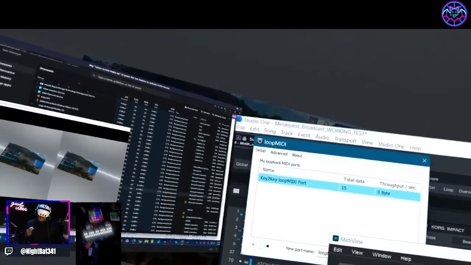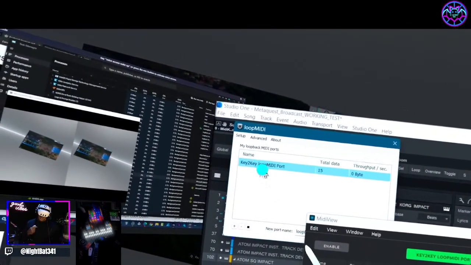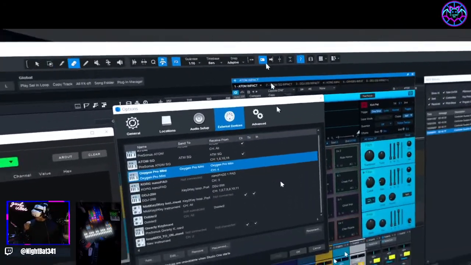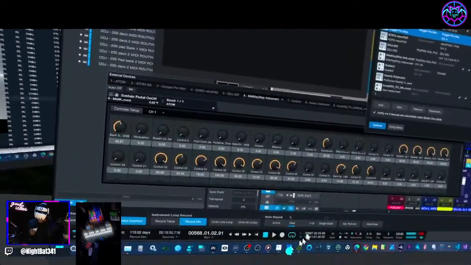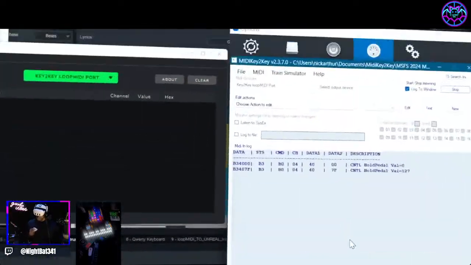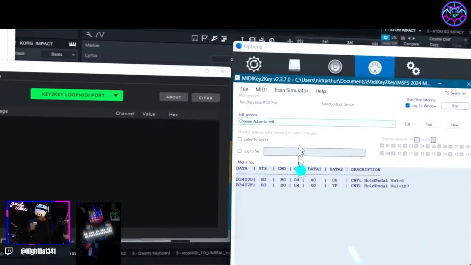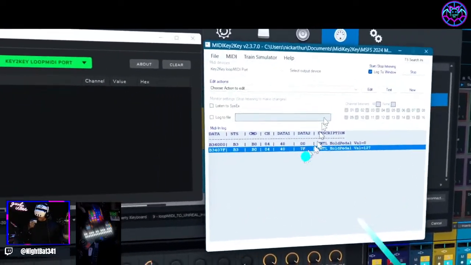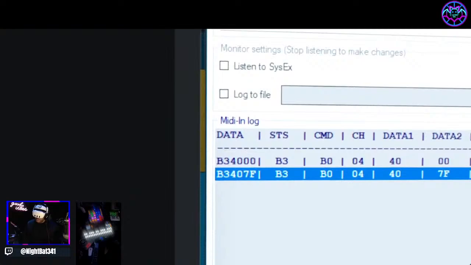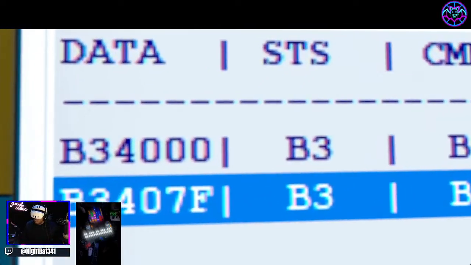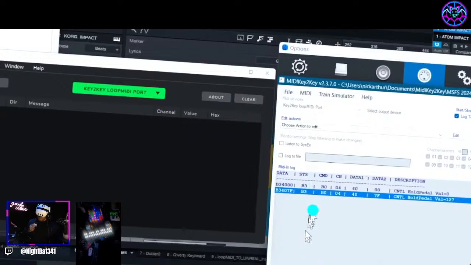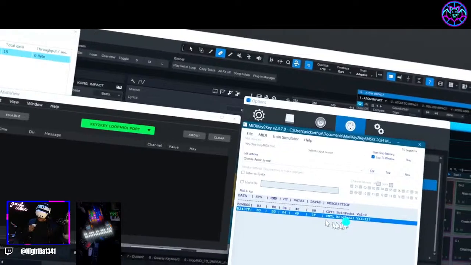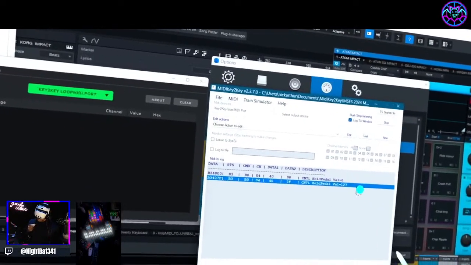It's the total now. So, and then this guy, MIDI key to key, we told him, hey, listen for a control hold pedal value 127 or a command B340. I think I'm ignoring the 7F, right? Which is the hold pedal on data command. And if I double click this